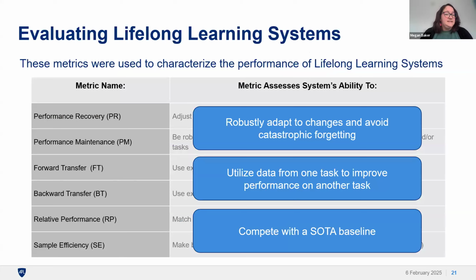So in general, we had these metrics that assess the ability to do things that we thought were these conditions of lifelong learning. And if you are an astute observer, you might notice there are 6 metrics here, and I only talked about 5. Performance recovery was a really challenging one because of the difficulties in assessing task similarity, which again is another open field of research. And we made some choices that made it really difficult to assess for performance recovery.